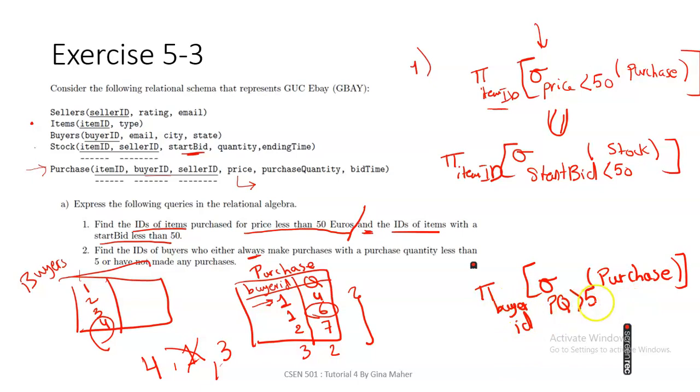This one will return all the buyer IDs who made purchase quantity greater than 5, which in this case will be 1 and 2. So this one will return 1 and 2. Clear? Now, if we want to get the buyer IDs who do not made any purchase, we simply can write